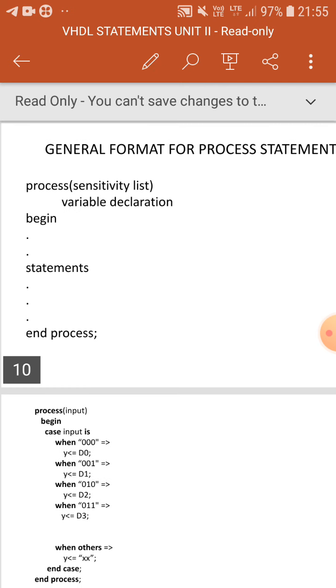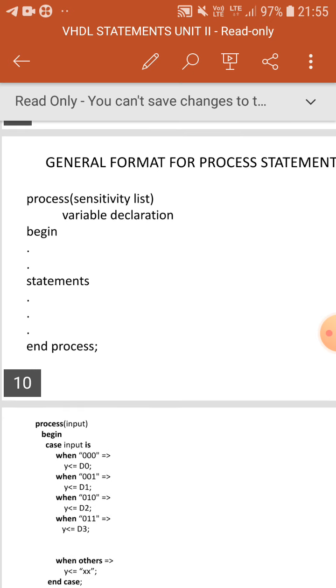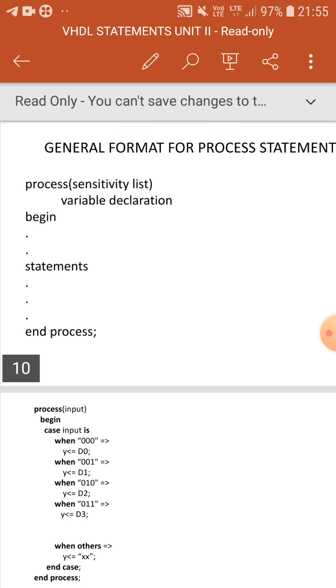If any change occurs in the sensitivity list, then it will execute the set of statements inside the process. In general, in VHDL programs, statements will be executed in parallel. For example, if you take half adder, we have two outputs, sum and carry.